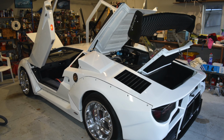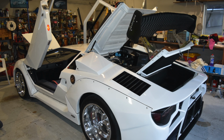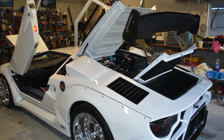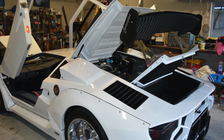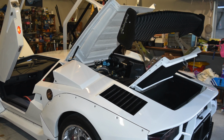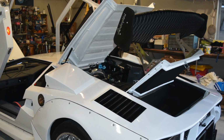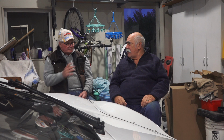So would you class that engine as a centre engine? Oh, they're called mid-engine. Yeah, mid-engine, so it's in the middle. Well, it's a little bit behind middle, but it's classified as a mid-engine. So does that help with the balance of everything? Or is the front a bit light? Well, Porsche run theirs the opposite way around. They have the gearbox in the front and the engine at the back, so they've got to change the dynamics of the vehicle to cater for that type of car. They all drive differently,